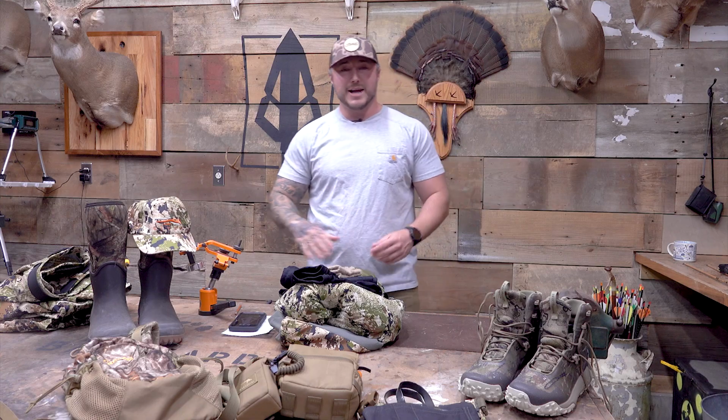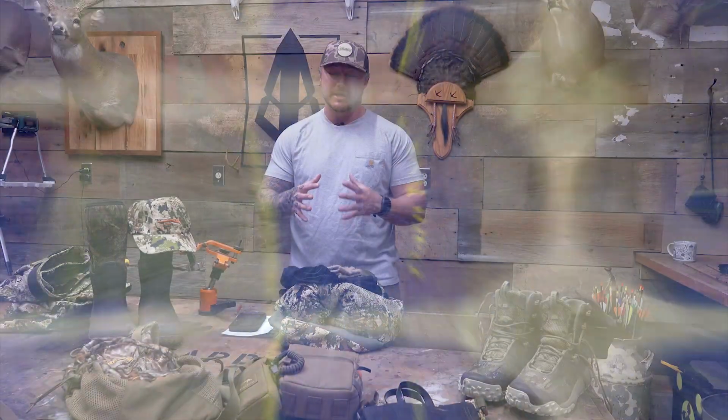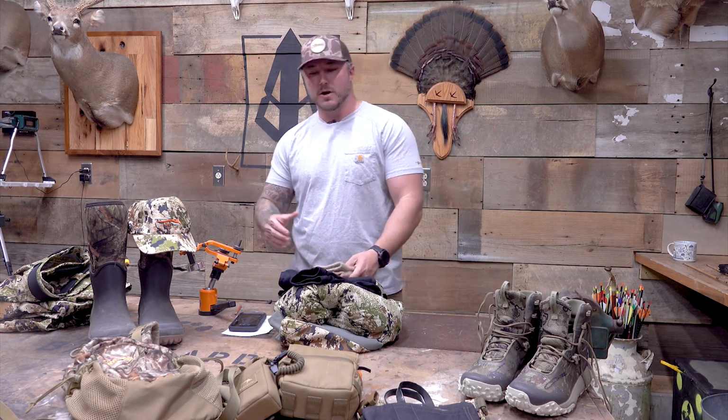the season. I usually use Darn Tough socks all the way through the season, so I'll wear them from the beginning all the way till it gets almost freezing cold, and then I'll switch up the thin sole of my sock, and I'm usually wearing a little bit thicker boot too, which helps, but the Darn Tough socks are awesome